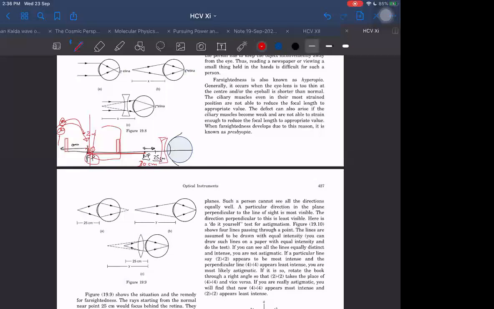But wait a second, I have another defect also now. I have a defect by which I have both short-sightedness as well as far-sightedness. Short-sightedness I corrected. How to correct the far-sightedness? For that I need a convex lens, but now there is a problem. If I use one lens, then I am able to correct one defect, but if I use the other lens, then I am able to correct the other. This defect we call presbyopia, and the solution is a bifocal lens.